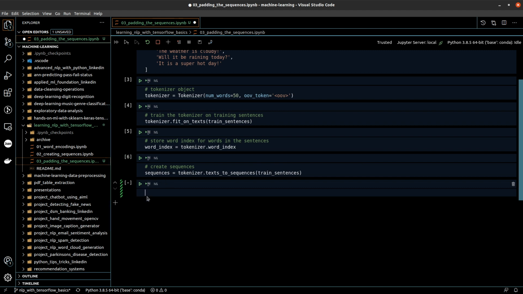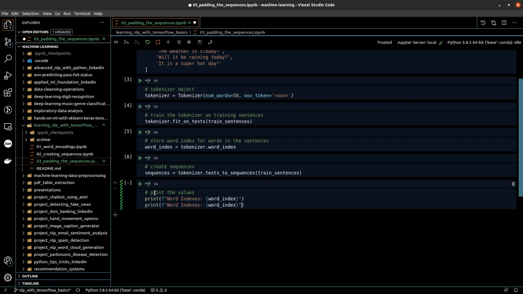So now we have our sequences. Let's see our word index and our sequences. Let's print the values: the word index, the sentences, and also the sequences.